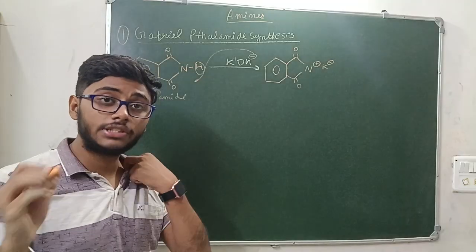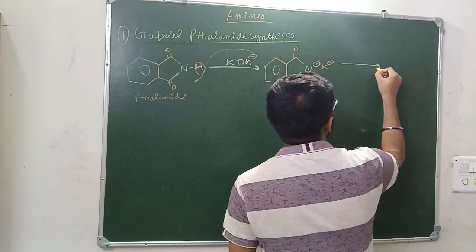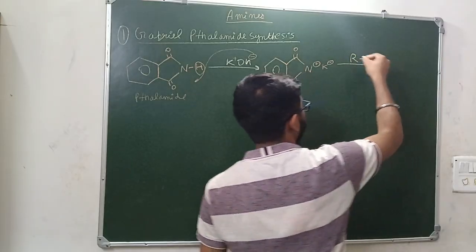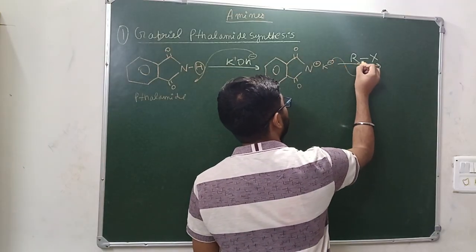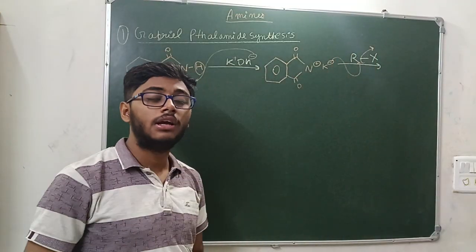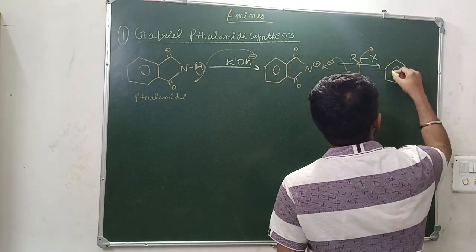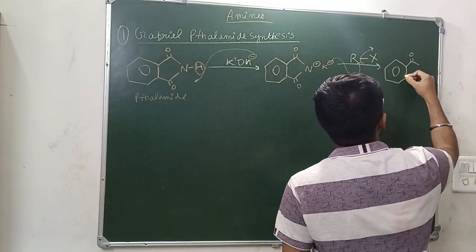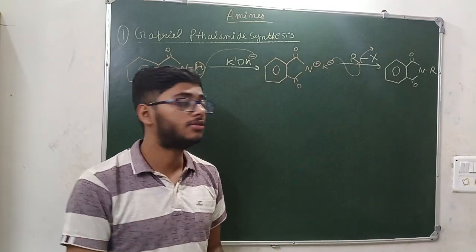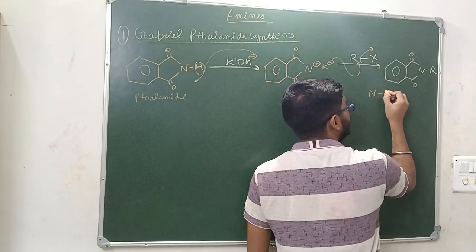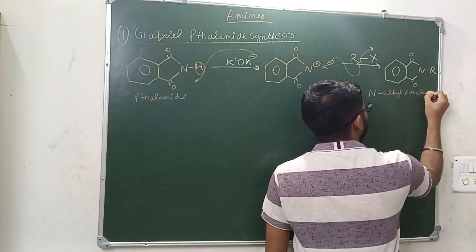Okay, now the reaction of this particular ion with what? Any haloalkane, meaning something having a halogen attached. Now if you react this, this will attack here with R like a nucleophile and X will be left as a leaving group. So the final compound that is formed, you can IUPAC name this. It is what? An N-alkyl phthalimide.